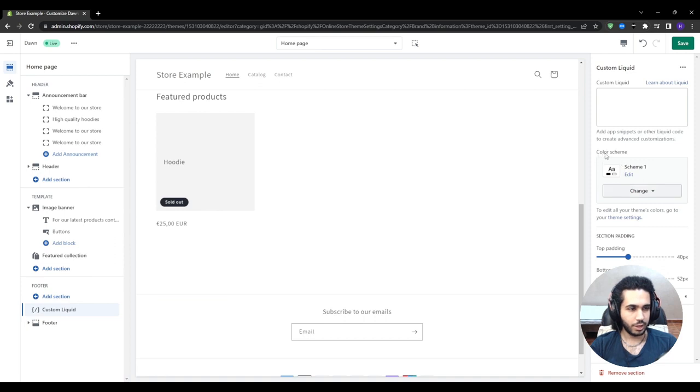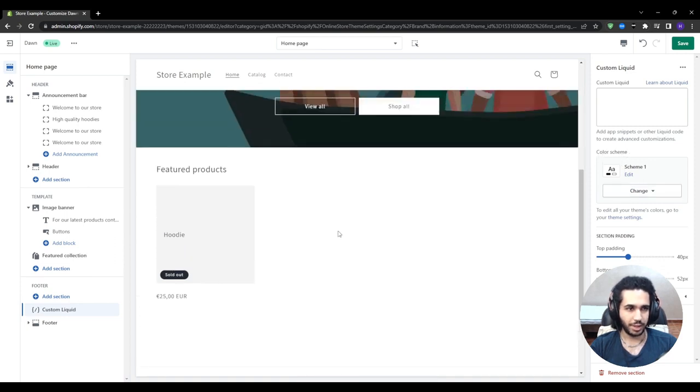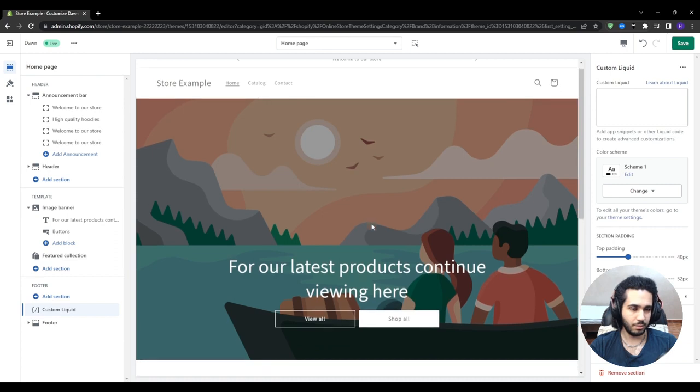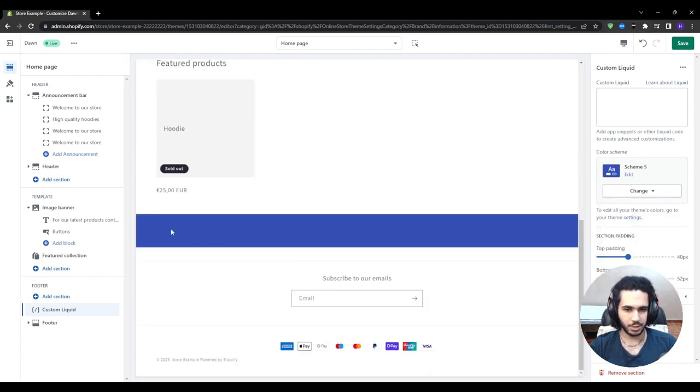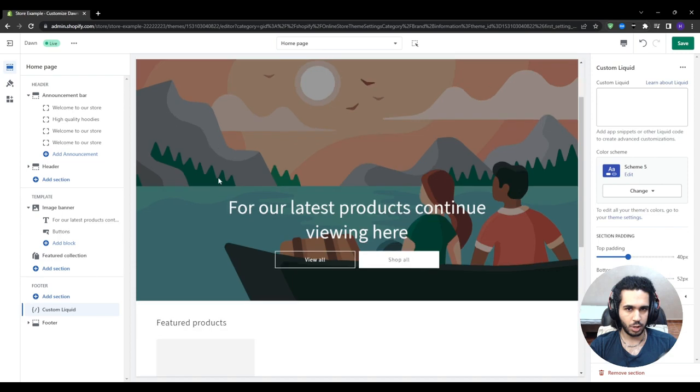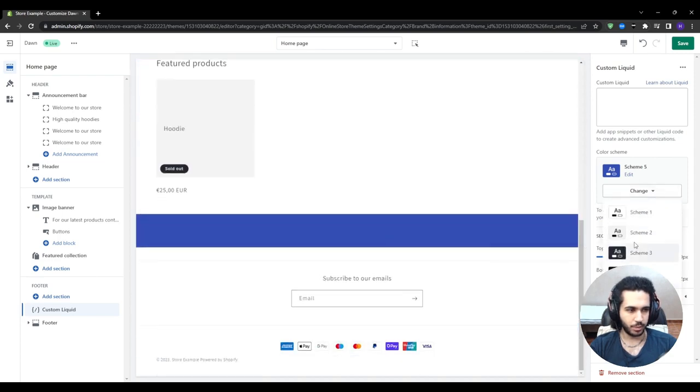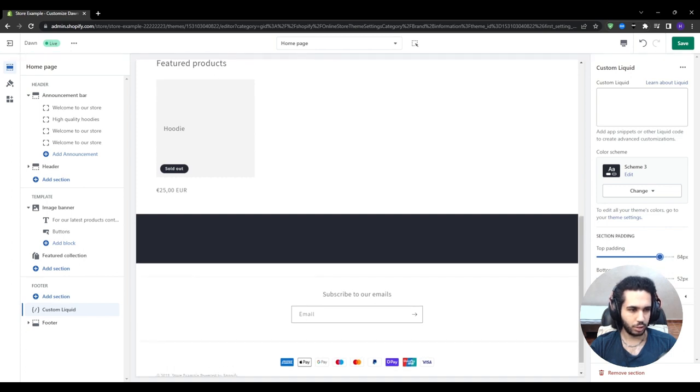you can check the different color schemes in which they already come preloaded with the theme, and you can change them with just one button. So for example, if I like this kind of scheme more, you can choose it. And then as you can see, a bunch of other colors will be changed on your store. So I would stick with this one for now, and then you can customize it however you liked, make it a little bit bigger